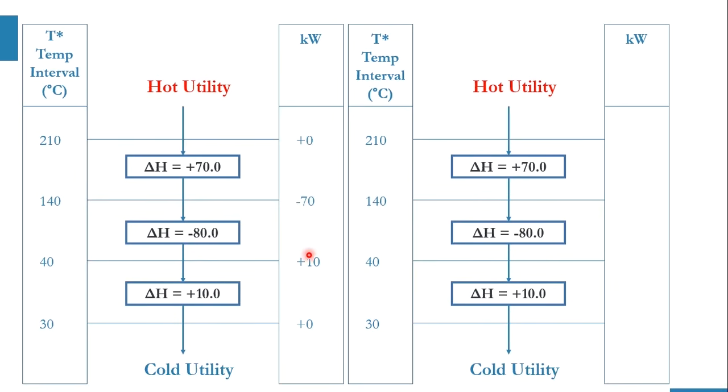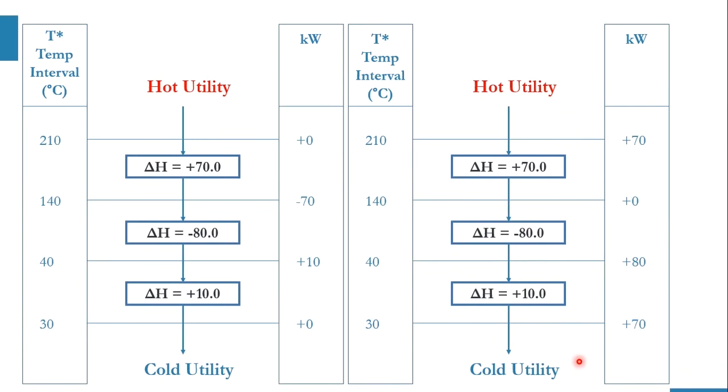So the lowest value is minus 70 over here. We need to take this 70 over here, and now we simply subtract it. 70 minus 70 is 0. Then 0 minus minus 80 will be plus 80. And then 80 minus 10 will be 70. So as you can see, this plus 70 corresponds to the heating utility, and this plus 70 corresponds to the